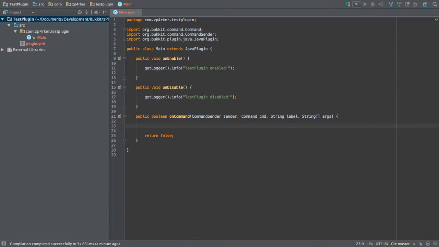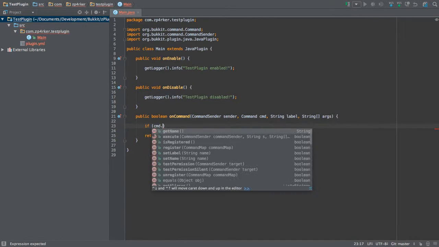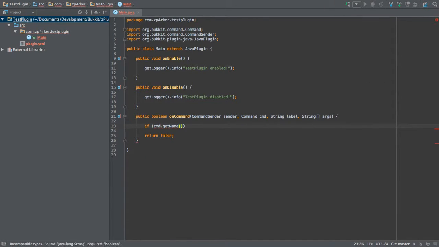Now for a command, you have to go if, so cmd, the command, dot getName, so that's the name of the command, dot equalsIgnoreCase, so if it equals this string, but ignore the case, lowercase, uppercase, whatever, let's go test, and then we can go,